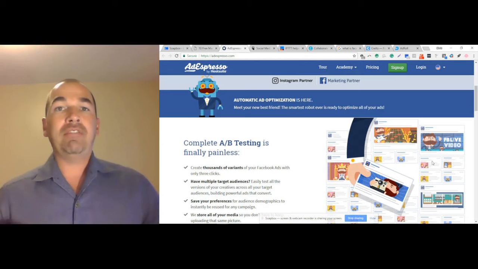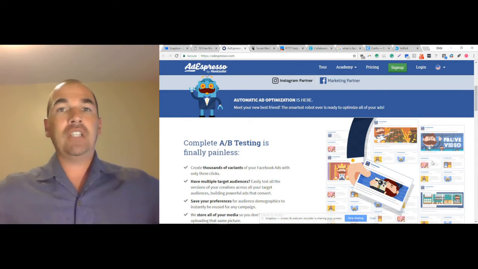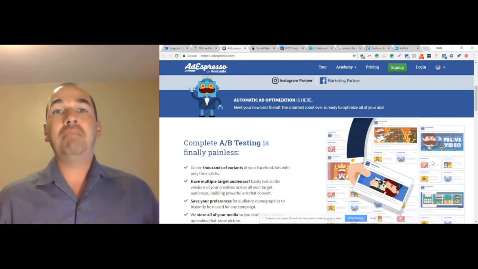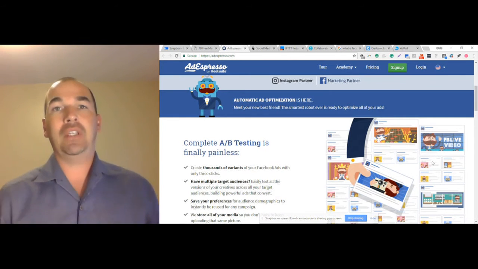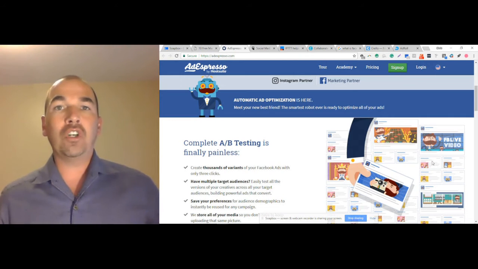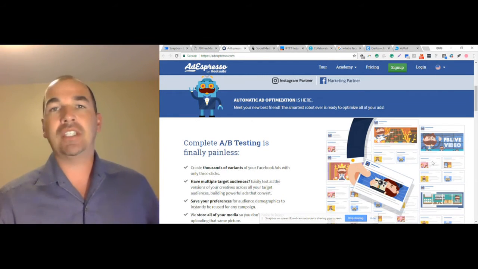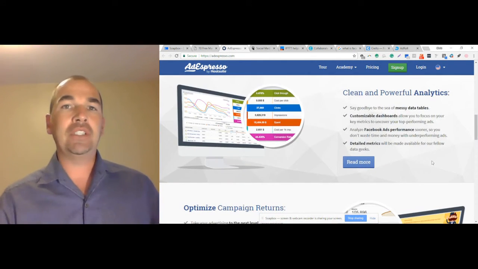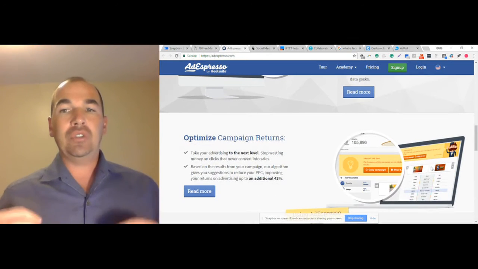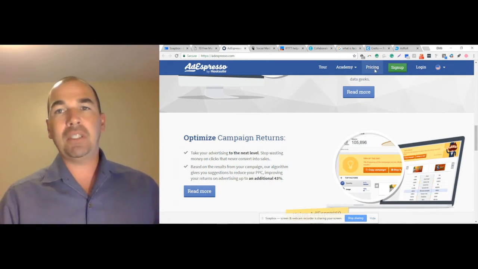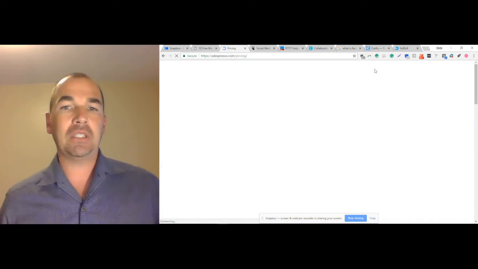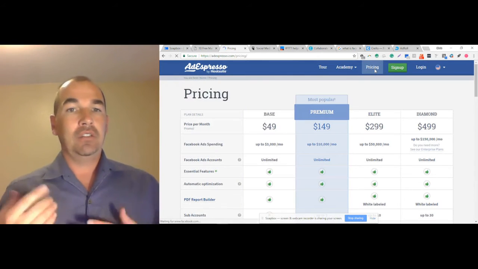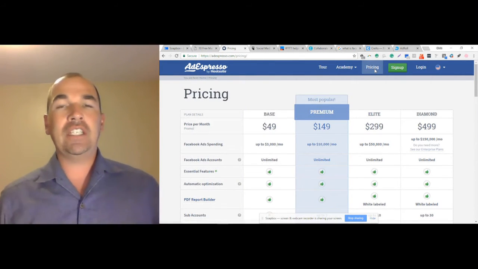And then when we find out what works among whatever hundreds or thousands of variations of content, then we magnify that, or put it through the megaphone by boosting it or repurposing the content or focusing in on that subject, because that's what people care about. So that's what AdEspresso allows you to do. It's a really interesting tool, and let's just jump into the pricing. I'll show you the pricing right here. So I'm going to click on the pricing. Here you go, $49 to $499.